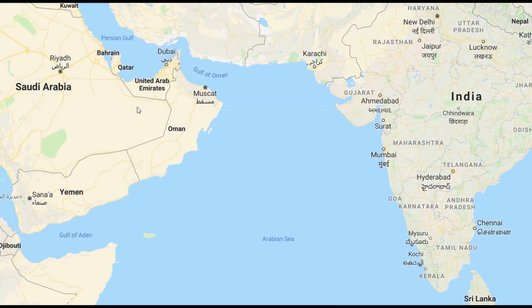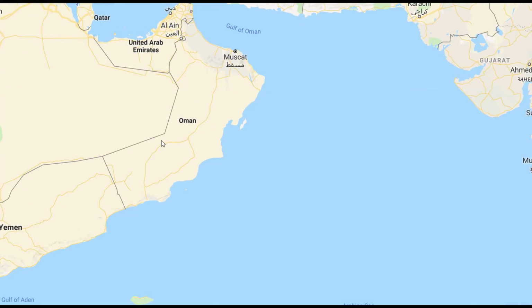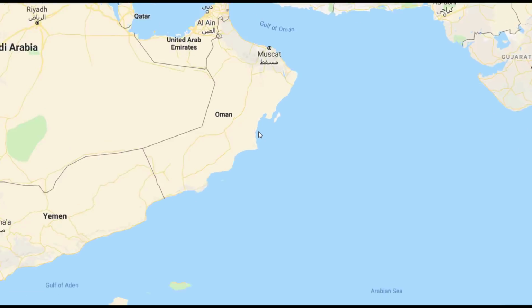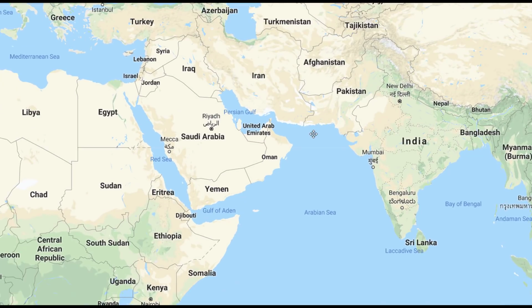It isn't a part of UAE apparently. It is in Oman. Over here you can see this is Dakam, and the Dakam port is located here. And recently when our Prime Minister, well, I'm recording this video in February 2018. You might be watching this video after a few months or a few years. So just know that in 2018 February, our Prime Minister visited 3 countries in the Middle East: Oman, UAE and